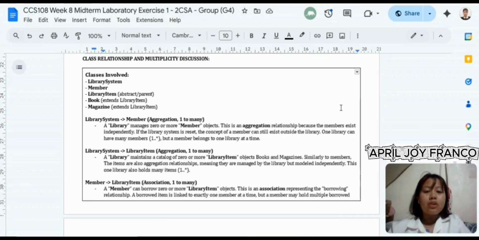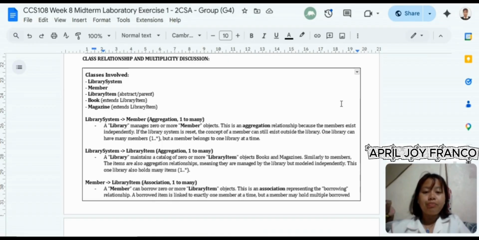The first relationship is between the library system and the member. This is an aggregation relationship. In our code, the library system class contains a private attribute called members, which is a list of member. This means that one library system object can manage zero or more member objects.